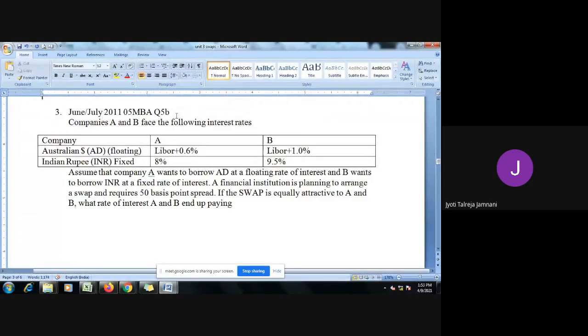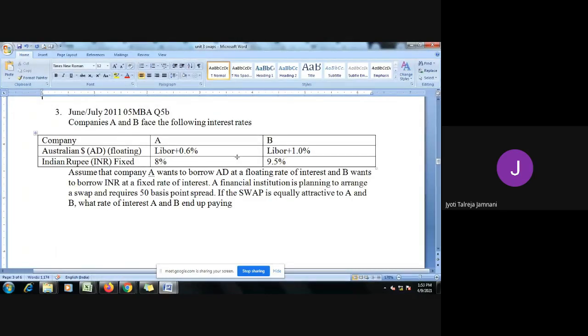I have also written the question paper here in which it is repeated. So if you have the question papers in hand, you can open the question you will have there. You need not see the screen, and even you can try solving. And for the solution, you can look at the screen. So this is repeated in June, July 2011 paper.